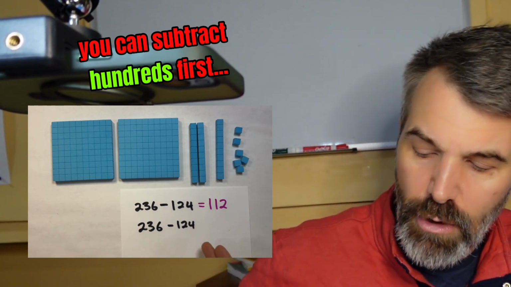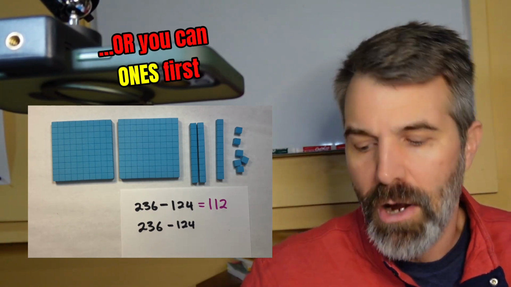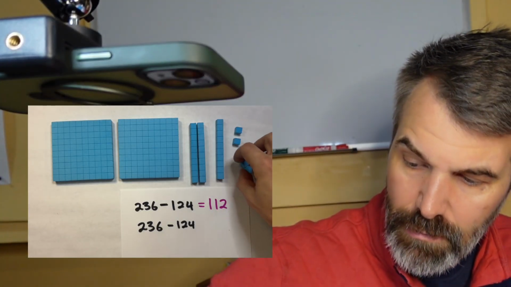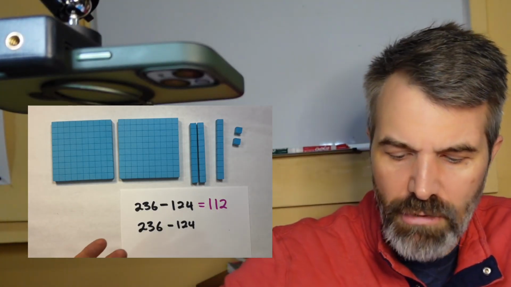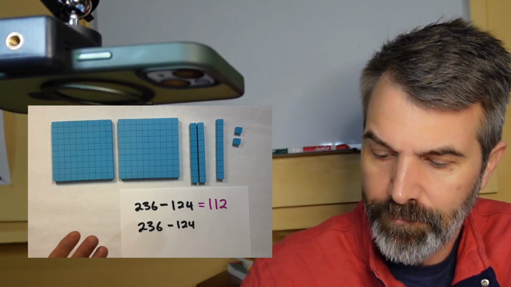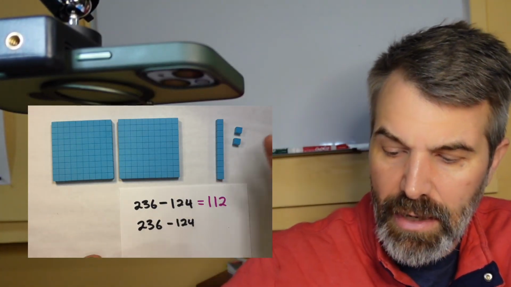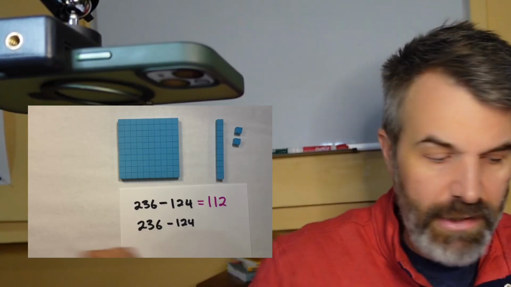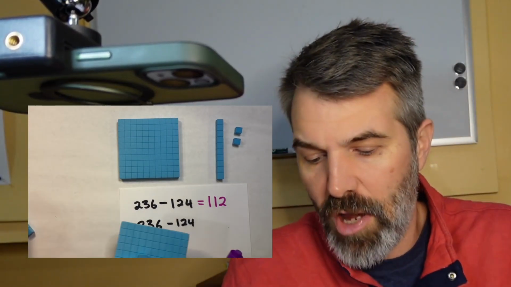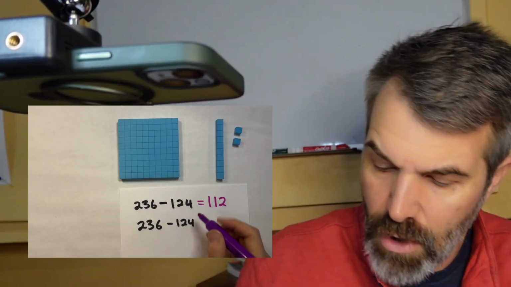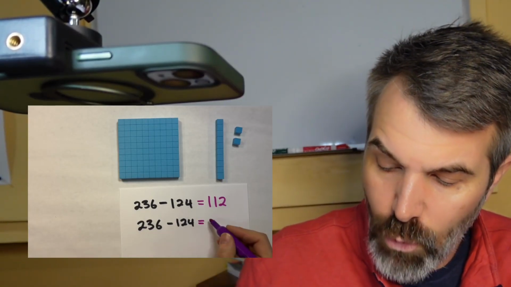So I'm looking at this 236 minus 124. What if I wanted to remove the 1s first? I'm sorry, remove the 1s, I apologize. Taking 4 1s away. Now I'm going to take away 2 10s. That's my 20. And I'm going to take away 100. So I still took away the same amount. Oops, dropped one over there. I'm still taking away that same amount, and the amount that I have left is